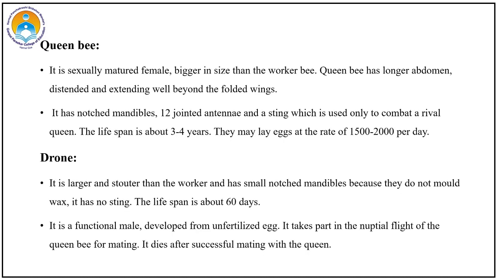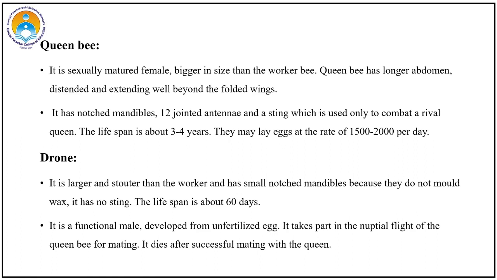Now let's talk about the queen bee. The queen bee is a sexually matured female, bigger in size than the worker bee. The queen bee has a longer abdomen, distended and extending well beyond the folded wings. It has notched mandibles, 12 jointed antennae and a sting which is used only to combat a rival queen. The lifespan is about 3 to 4 years and they may lay eggs at the rate of 1500 to 2000